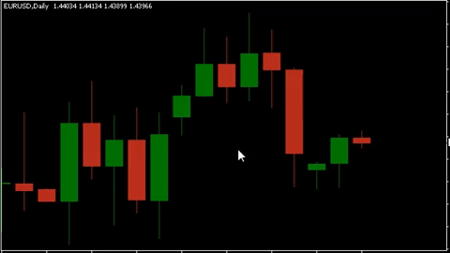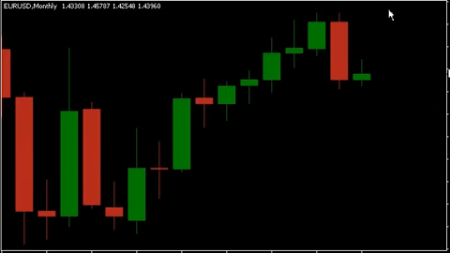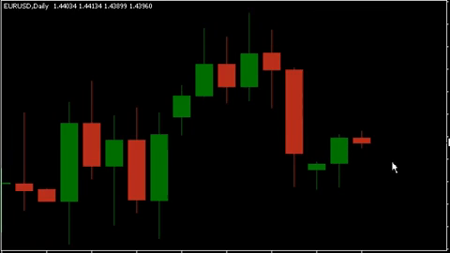Okay, for a start, pivot points are typically calculated based on a previous candle for a time period. Typically the daily time frame, which is what this is, or the weekly, or the monthly. And the way it works, if I go back to the daily time frame, is that we want to get a heads up on what might be support and resistance points for today. This is today's candle, this is yesterday's candle, and we're going to try and get that information based on the